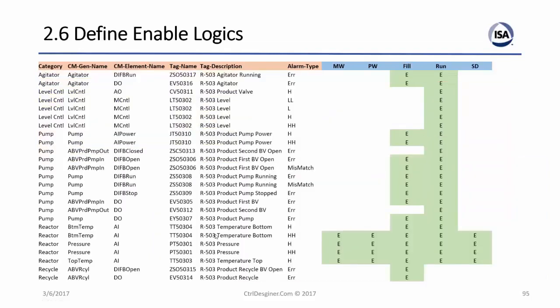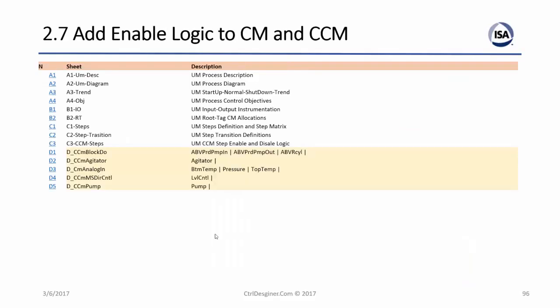Now, if we go and look at the alarms, exactly the same thing happens. We don't need to have alarm shelving. We don't need to have all of this sophistication. For each alarm, you go into this matrix and you basically specify whether the alarm is enabled or disabled. Once you have defined these two, then you go and generate this collection of CCMs or CMs. Therefore, as you can see, I have